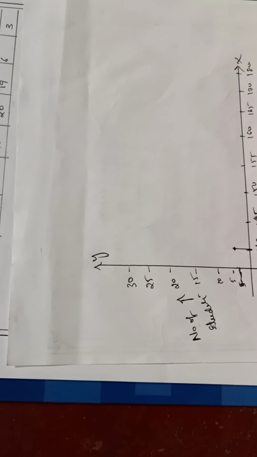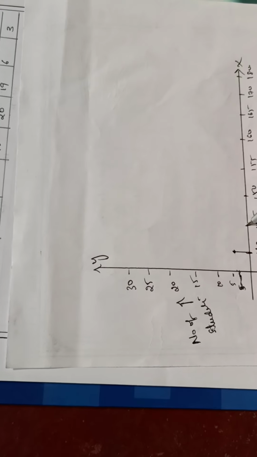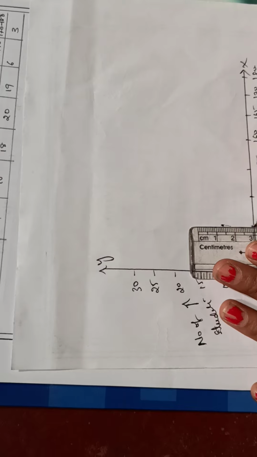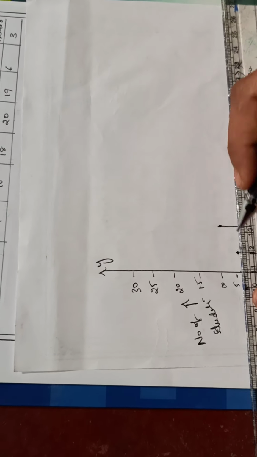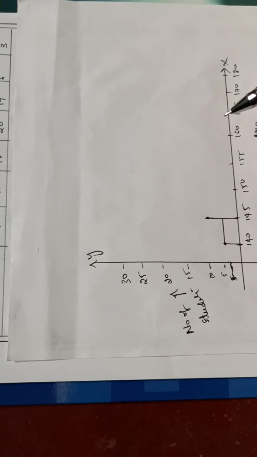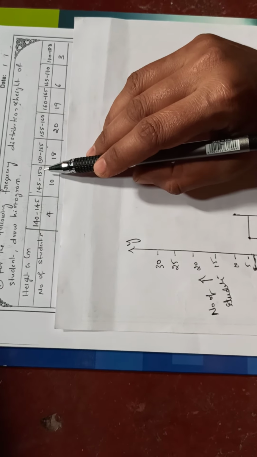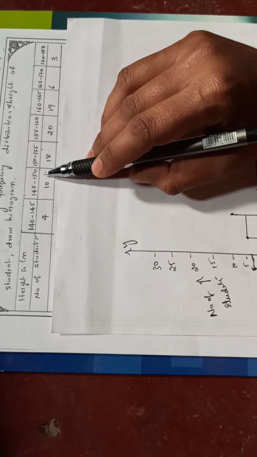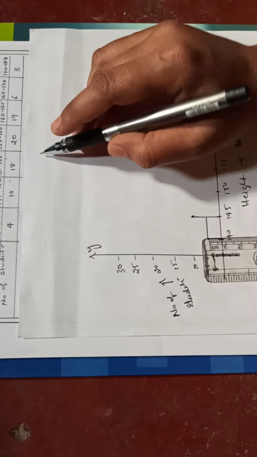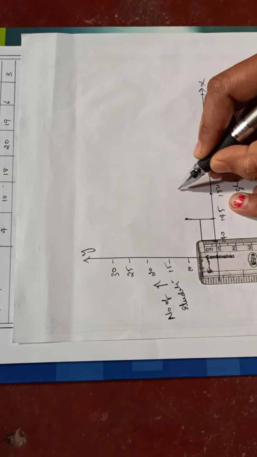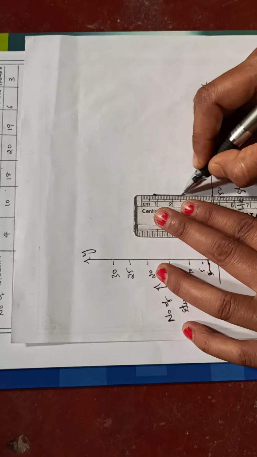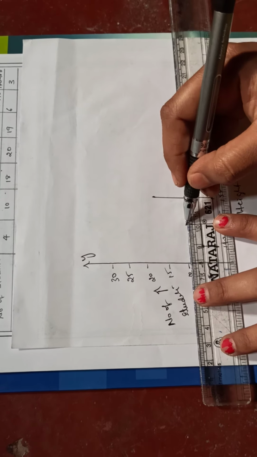So next 145 to 150. So it's 10. So you can see you have to take here the 10. So let me join this curve and let me join this line also. So now this is a rectangular bar graph here. And then 145 to 150, so it's 10 I have already written. And then from 150 to 155 it's 18. So 18 will come somewhere here below this 20. So let me join this also.